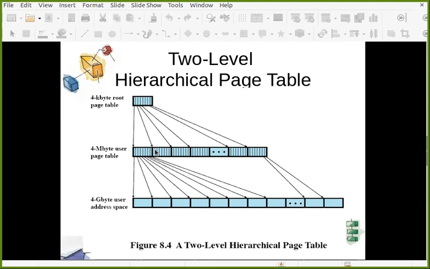Is it that difficult? 4 kilobyte divided by 4 is 2 raised to 10. 2 raised to 10 entries. How many pages are used to store the page table itself?